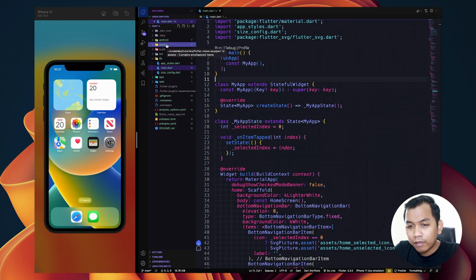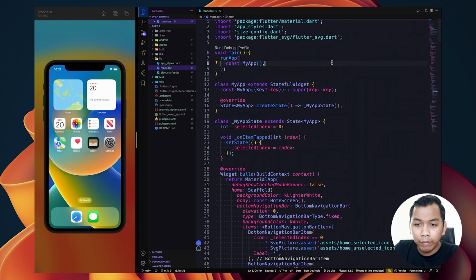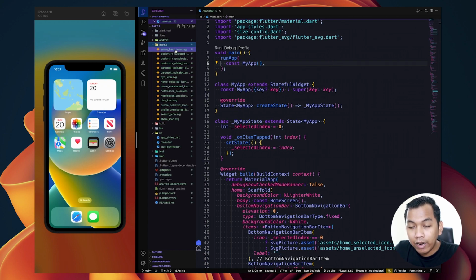First thing first, let's replace the assets folder with the new one, which you can download from the link in the description below. Once you have replaced it, you will see an arrow back icon, a bookmark white icon, and then carousel indicator disable and carousel indicator enable.